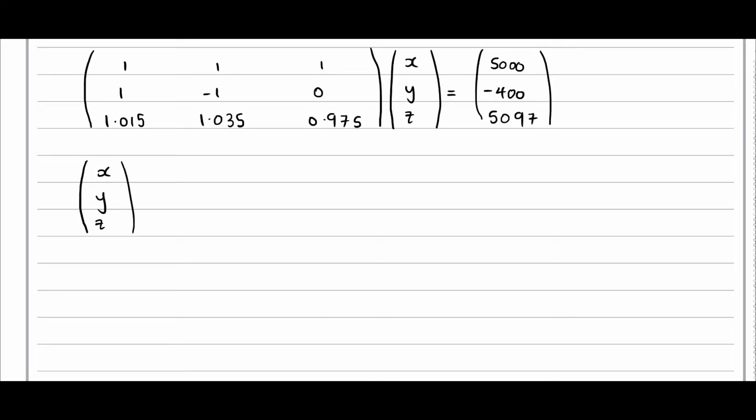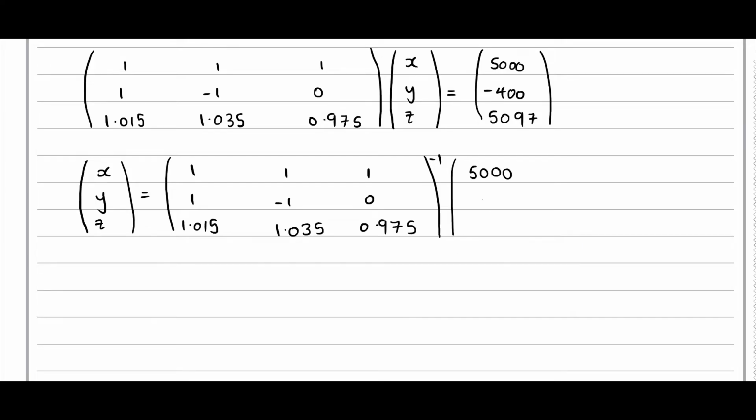To do so, we would have to find the inverse matrix of this: 1, 1, 1, 1, minus 1, 0, 1.015, 1.035, 0.975. Remember, we raise this to the power of minus 1 because we're finding the inverse of this. And then we multiply this by 5,000, minus 400, 5079. So if we work this out,